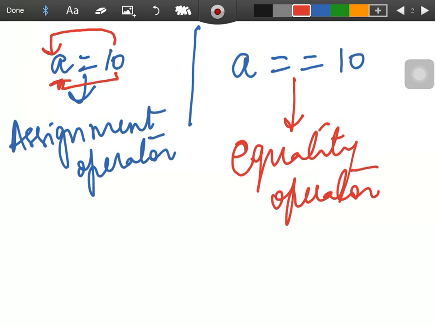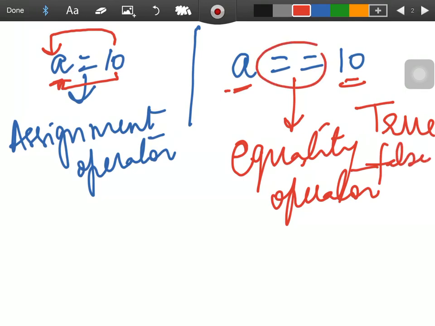That means we are comparing the value of A with 10, checking if A and 10 are equal. If the value of A is equal to 10, it will give you true, if it is not, it will give you false. So, here you are making a comparison and here you are assigning.